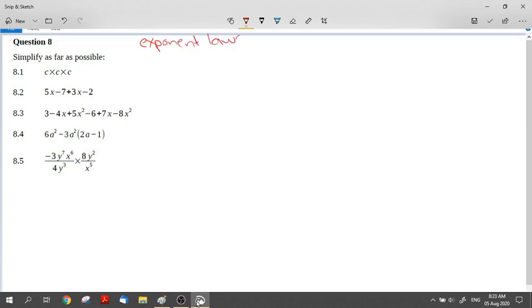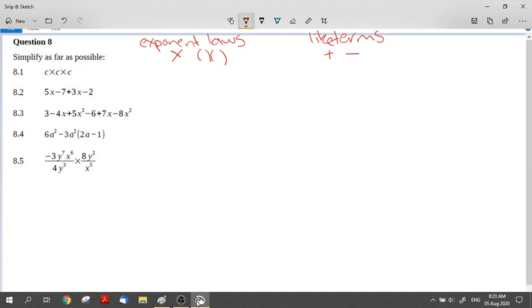Okay, so when we see variables, we know that we have to do something with the variables. We have to follow the maths rules. So which rule do we follow? We follow exponent laws if we see multiply, and we follow like terms if we see plus or minus. Okay, so remember the other way of showing exponent laws is with the brackets. Remember, if I've got brackets touching each other, that is also